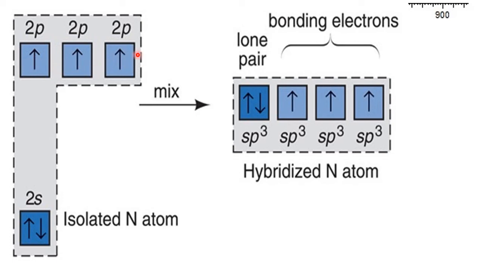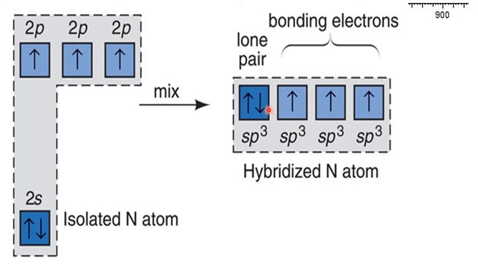This also undergoes sp3 only. So this is the s orbital and these are the p orbitals. They will mix and undergo sp3. But the interesting point here is what? Three unpaired electrons are there in the 2p only, but not in the 2s. The 2s is paired. That means though the 2s orbital is paired, it still becomes a part of the hybridization. So after the hybridization, 4 sp3 hybrid orbitals are formed.